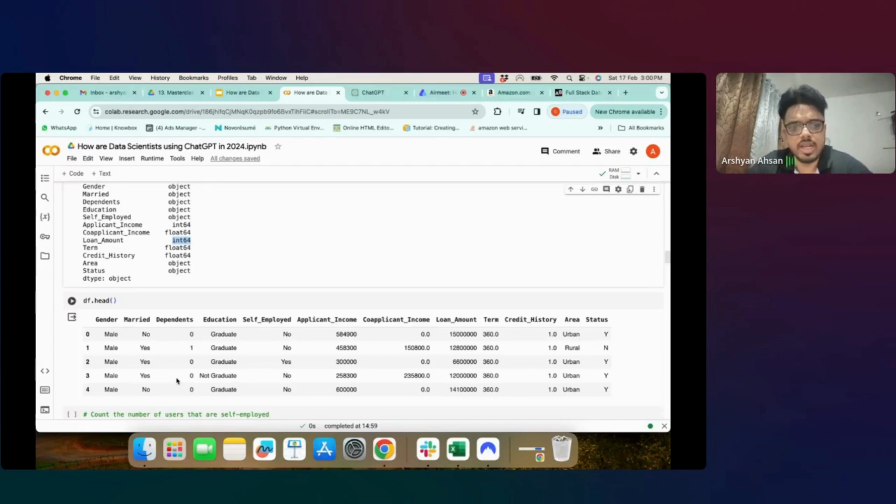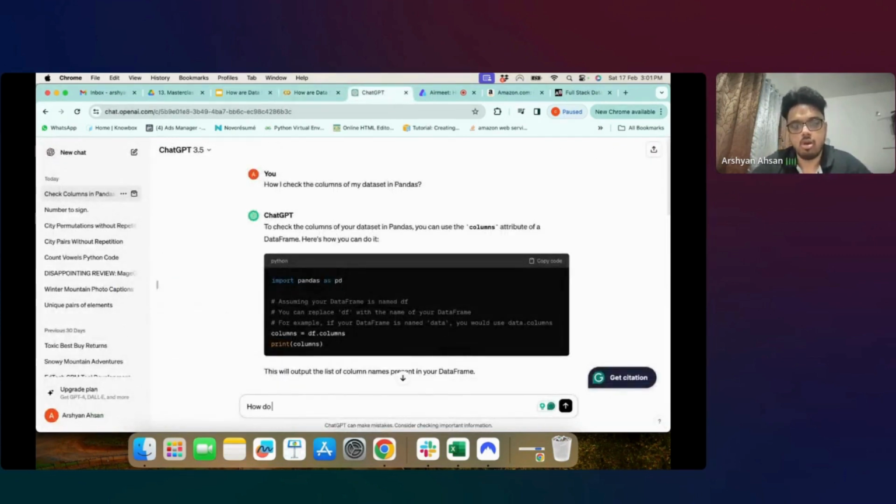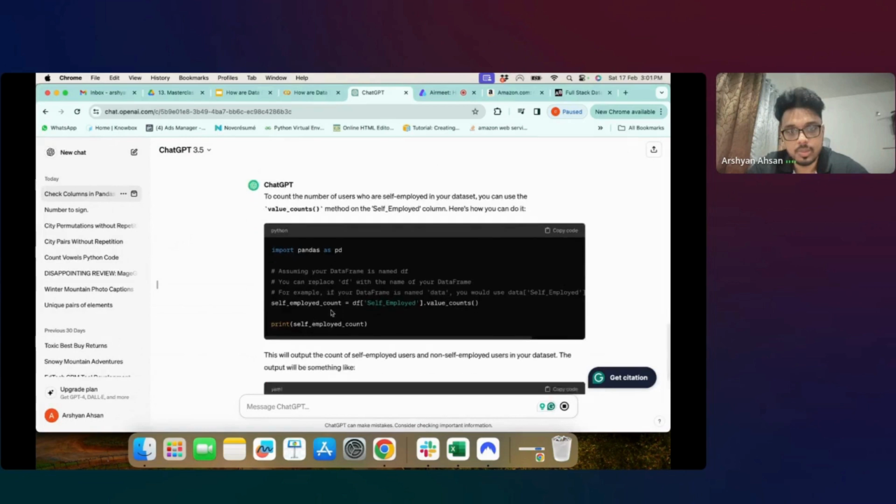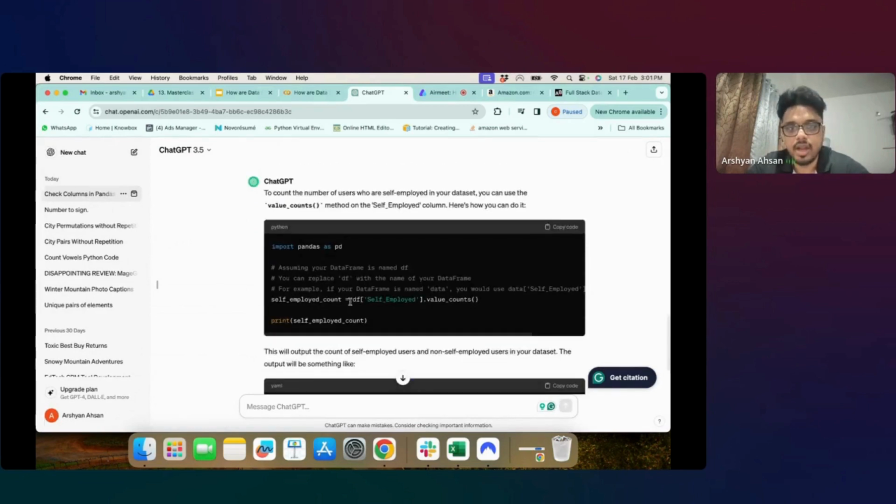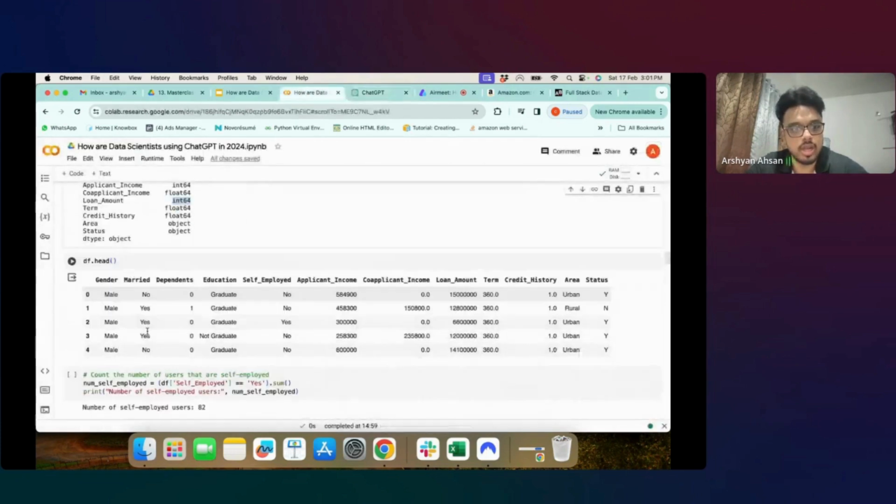तो अभी हम कुछ ईडीए करते हैं। लेट्स सी दैट, लेट्स काउंट द नंबर ऑफ यूजर्स दैट आर सेल्फ एम्प्लॉयड। ठीक है, तो सेल्फ एम्प्लॉयड कॉलम है, उसमें यस और नो है। तो हम इससे पूछते हैं हाउ डू आई काउंट द नंबर ऑफ एम्प्लॉयज, नंबर ऑफ यूजर्स ले लेते हैं who are self employed। तो वो मुझे बोल रहा है कि काफी सही है, आप जा करके बस ये करो कि एक वेरिएबल इनिशियलाइज करो, उसमें डीएफ सेल्फ एम्प्लॉयड डॉट वैल्यू काउंट्स ले लो, इससे आपका वैल्यू काउंट हो जाएगा।